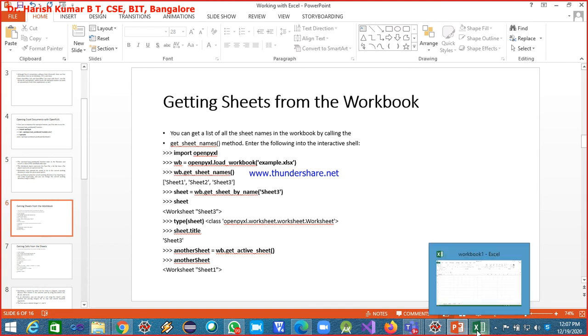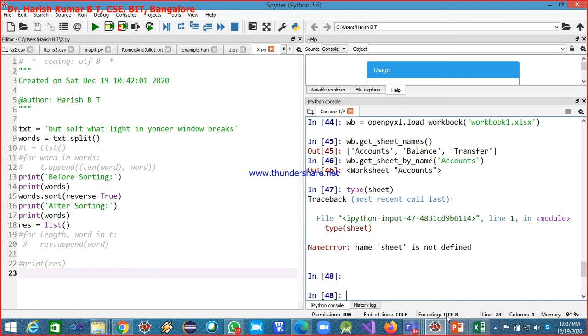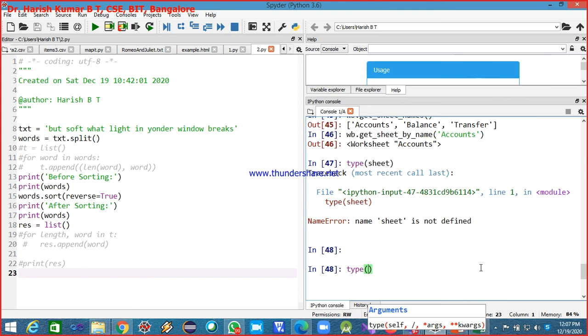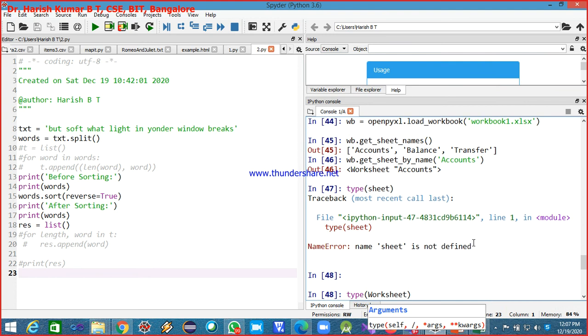Okay, now I just do this, type of sheet, oh sorry, worksheet, I think it is. Oh no, but I have to, yeah, I have to create an object.